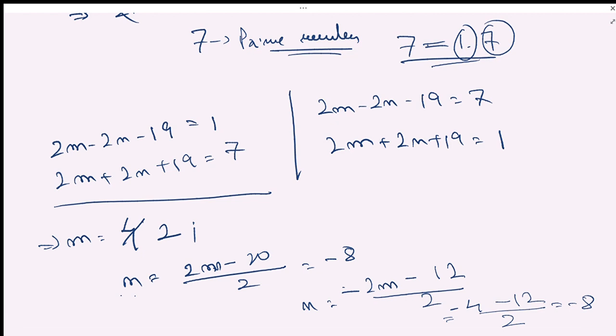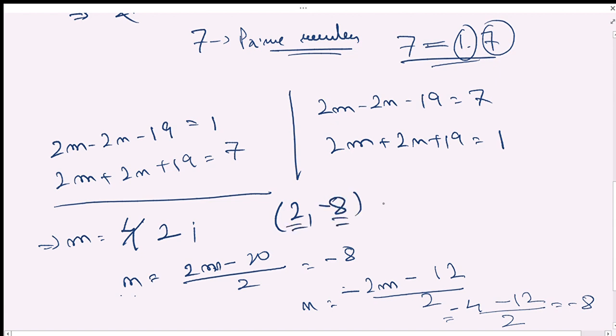Done? Okay. So one pair of values, the solution pair you get, is 2 and minus 8. That 2 is m and minus 8 is n. Similarly, if you solve this particular pair of equations, then from here you will get m equals to 2. Okay, that is pretty much fixed. And what will be the value of n here? So n becomes 2m, and here you have minus 26